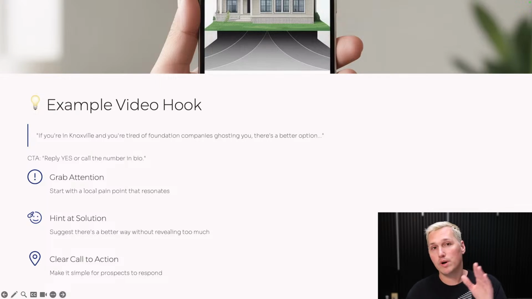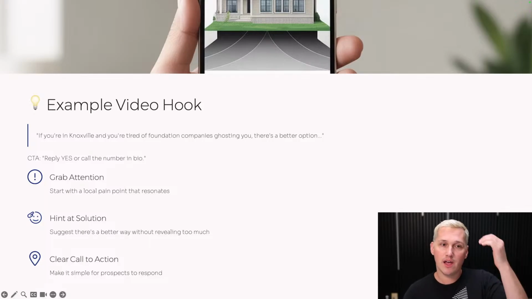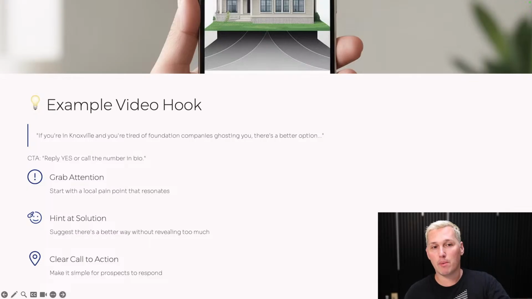Now remember, the reason why not only do we use the phone number for the company or a Dialhawk tracking phone number if we want to sell the leads on a per call basis, we also get them to reply yes to the video because it tricks the algorithm in Instagram, Facebook, YouTube, TikTok. It tricks the algorithm into thinking you're going viral. You got all this engagement coming through the post, and it keeps getting pushed out to more and more